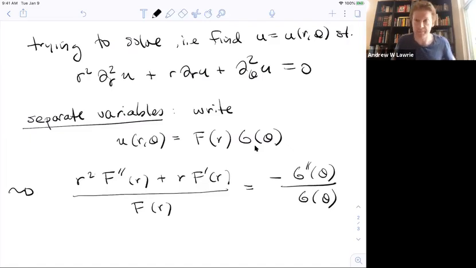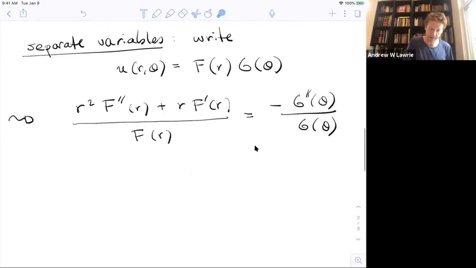So just like last time, I arrive at some equation like this by separating variables. And since the right-hand side doesn't depend on r and the left-hand side depends only on r and not on theta, these two have to be equal to the same constant. Okay, so this is true